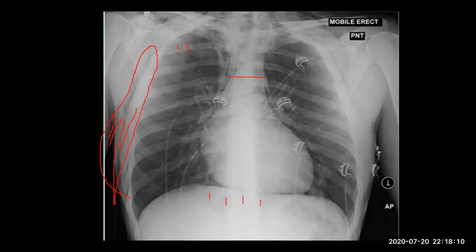Ginkgo leaf sign. Very good. So this is a patient with trauma with pneumomediastinum and cervical emphysema